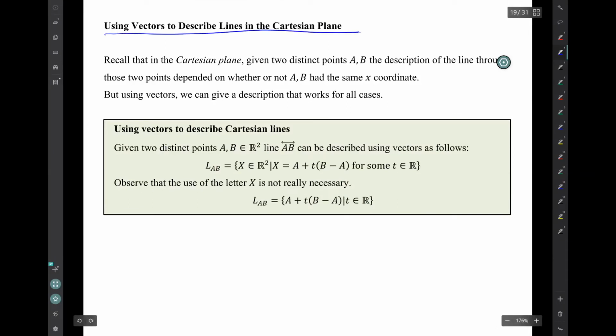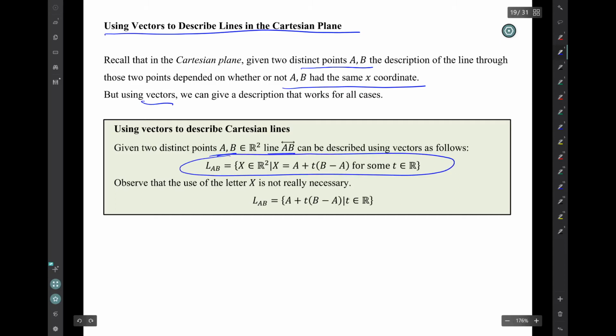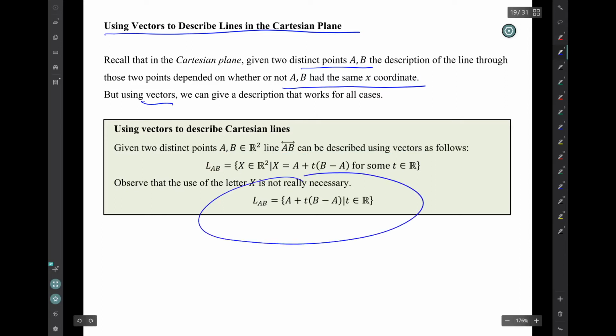We can also use vectors to describe lines in the Cartesian plane. Now recall that in the Cartesian plane, if you're given two distinct points, the description of the line through those 2 points depends on whether or not A and B have the same x-coordinate. But using vectors, we can give a description that works for all cases. So here's how it works. Given 2 distinct points, the line AB can be described using vectors as follows. The line AB is that messy expression. Now that expression is what is presented in the book. The letter x is not really necessary. I like this presentation better. Line AB is vector A plus t times vector B minus A, where t is an element of the real